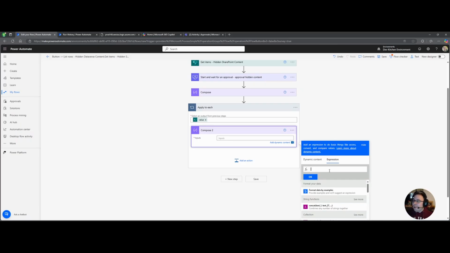We don't use outputs in this case because we're in an apply to each. We actually use items. So we use the item function, and you'll see there it says loop name. Now this refers to the apply to each loop that we're currently targeting. And then very simply, question mark, open square bracket, apostrophe, and